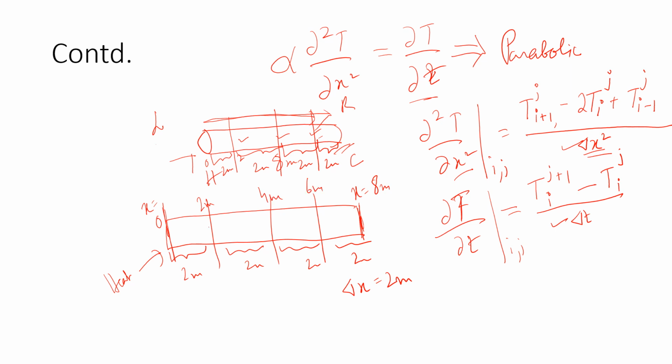And this junction of two different segments is known as a node. This is your segment, this is your node, right? And we will try to find the temperature at these internal nodes,